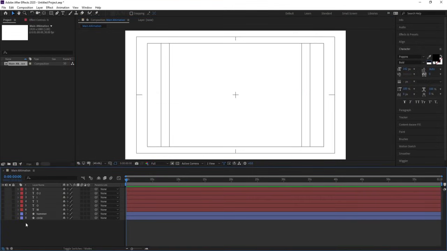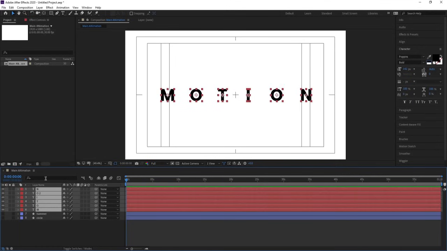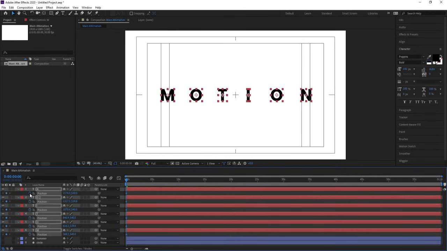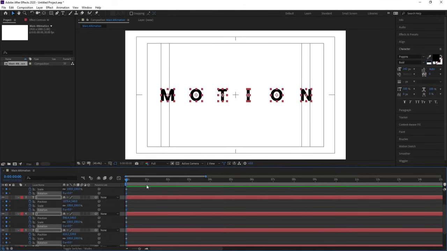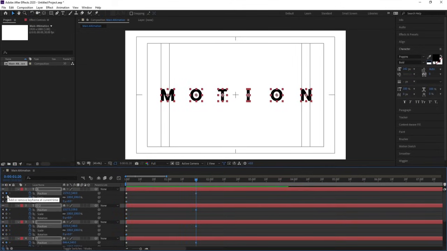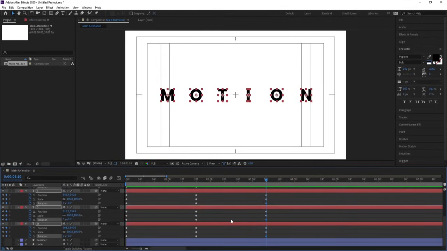So let's hide them for now, or instead of that, let's do one thing. Select all of them and press P for position, create one keyframe. Then press S for scale, create one keyframe. Then press R for rotation, create another keyframe. Okay, like this. Now go to somewhere around 1:20 frames, create another keyframe like this. Then we will go to around 3:10 frames, we will create another keyframe like this on all of these three